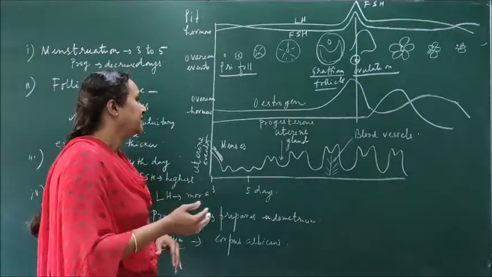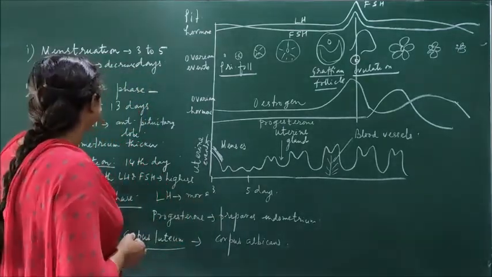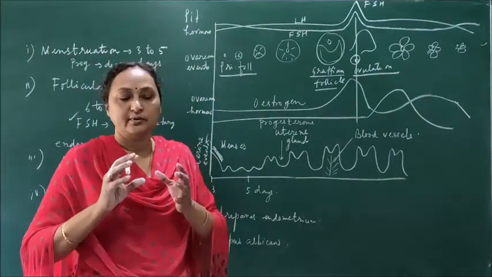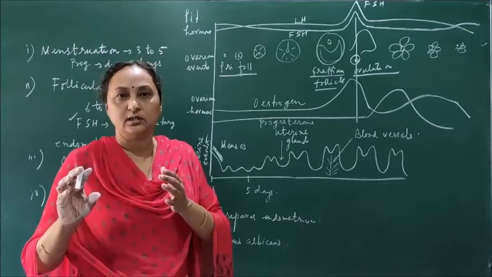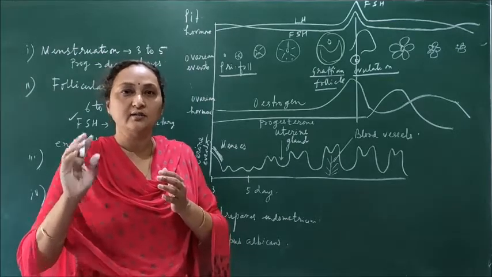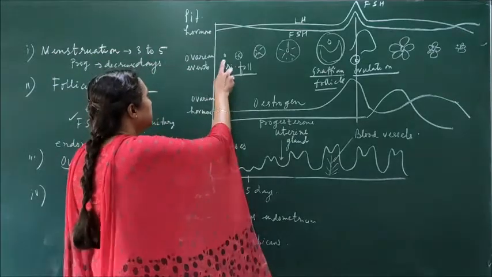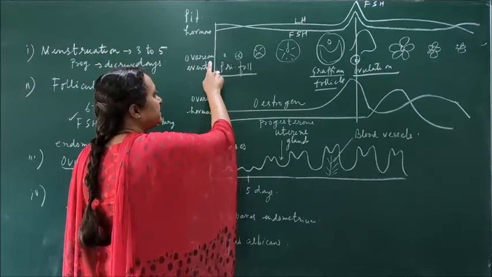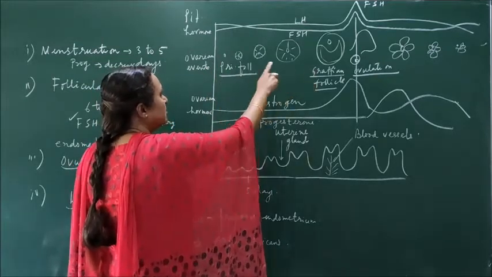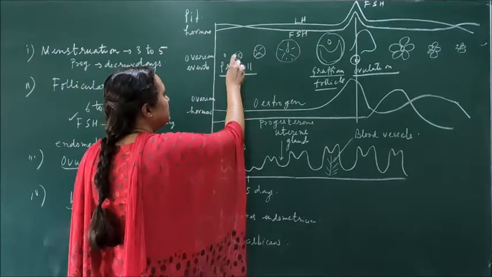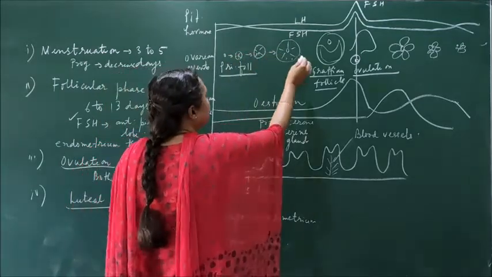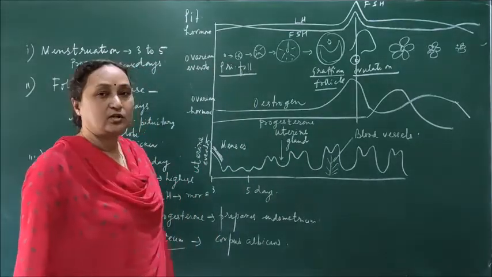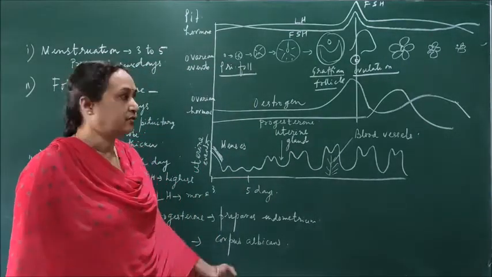Then after that comes the next phase, the follicular phase. In the follicular phase, the primary follicle grows into a mature follicle. The mature follicle is called the Graafian follicle. Here you see the primary follicle, which is very small in size because it is inside the ovary. All these events are called ovarian events. Then gradually you see how the size increases. Ultimately this is called the mature follicle or the Graafian follicle. So what is the role of the hormone which helps in the development of the follicle?